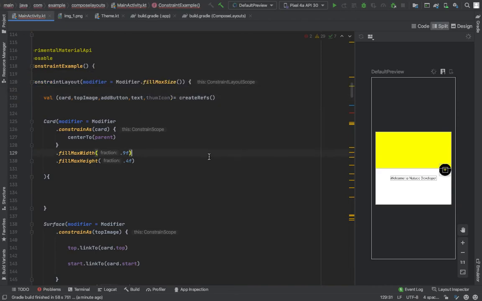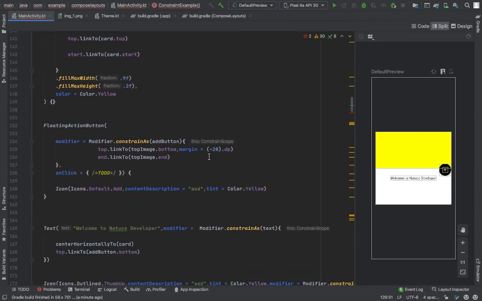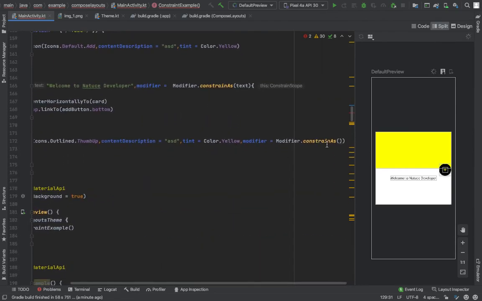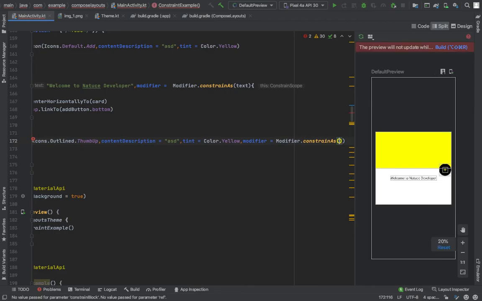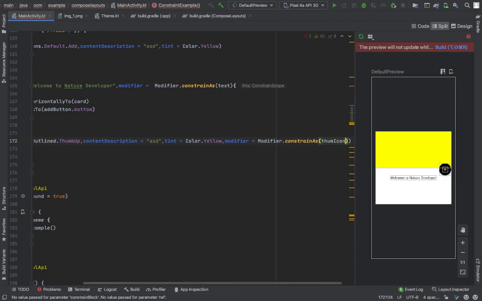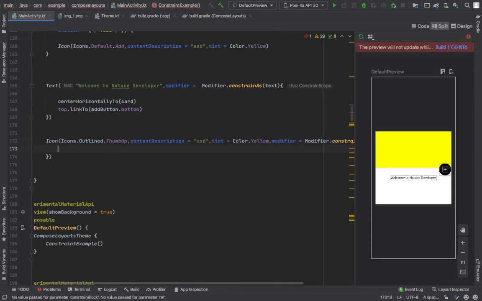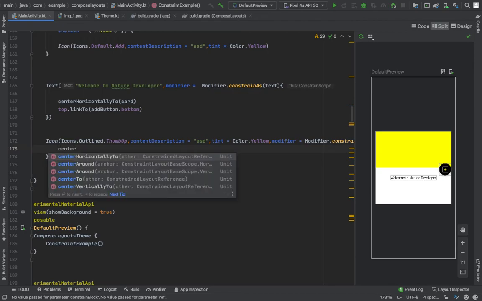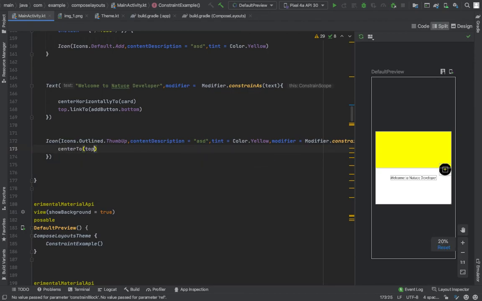Always try to name your variable according to their functionality, so it's easy to understand after you write lots of code in a single project. Then it's very easy to understand for others as well as us. So we have to pass modifier.constrain as the thumb icon, and then we want to constrain it like center to top image.